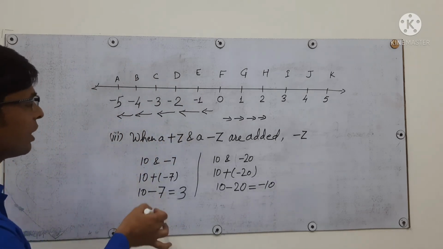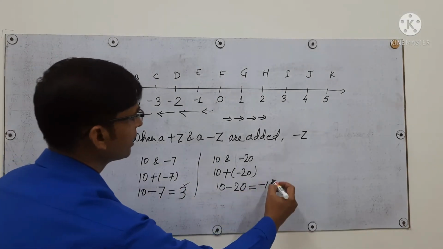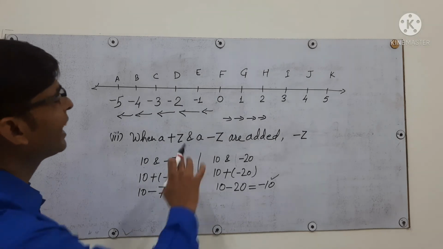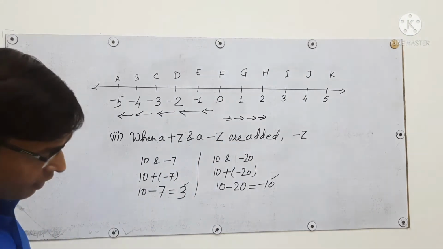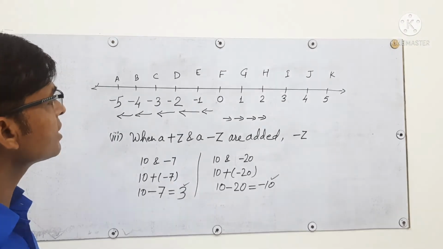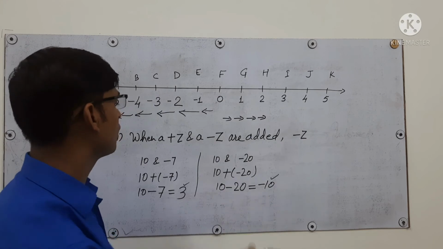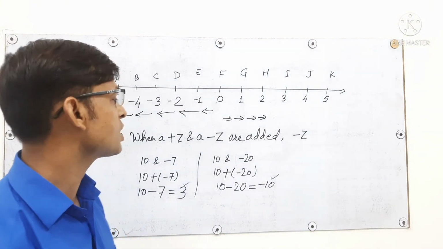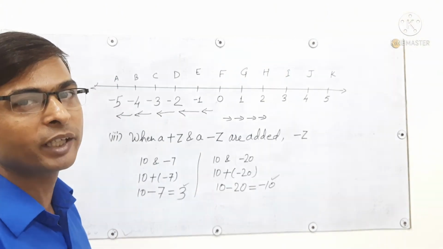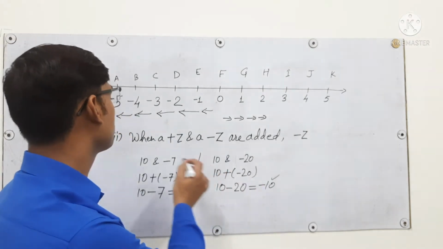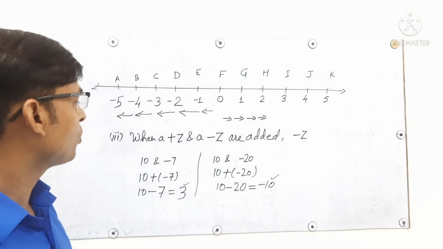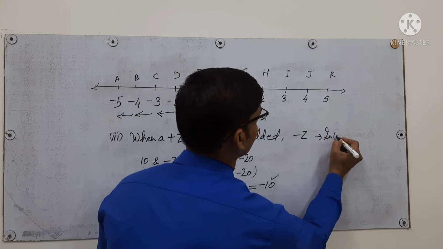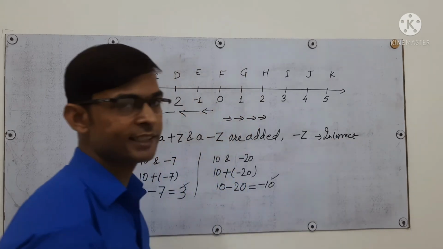So we can see here in one condition it is a positive integer, and in the other condition it is a negative integer. So this statement, when a positive integer and a negative integer are added, we always get a negative integer. In this situation we find it is not always positive, neither is it always a negative integer. It depends on the situation: when the negative integer is bigger in size, then it will be negative, and when the positive integer is bigger in size, then it will be positive. Okay, so this statement will be incorrect because it is not always a negative integer.